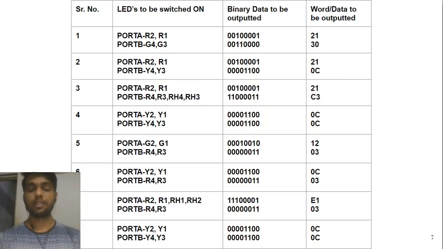Now this binary number can also be represented in hexadecimal form. So the first word can be converted into 21 hexadecimal and the second word can be converted into 30 hexadecimal. After this position, there will be some delay after performing the second operation, so that this position is maintained for a particular amount of time, in which the vehicles from the east and west roads can go anywhere, but the vehicles from the north and south roads cannot go.